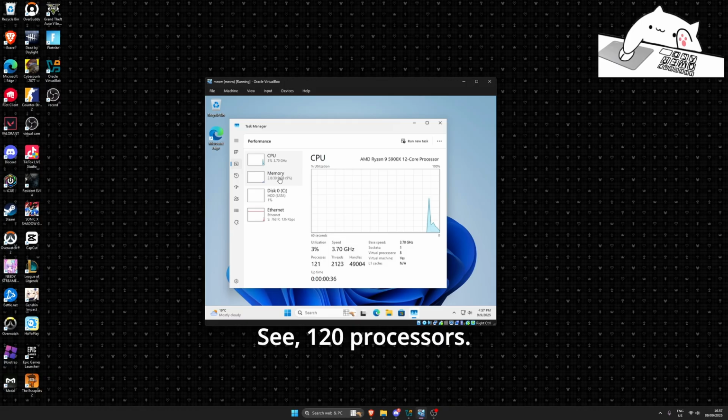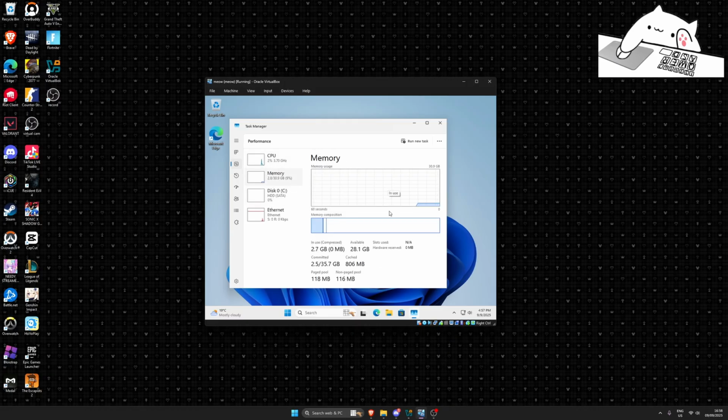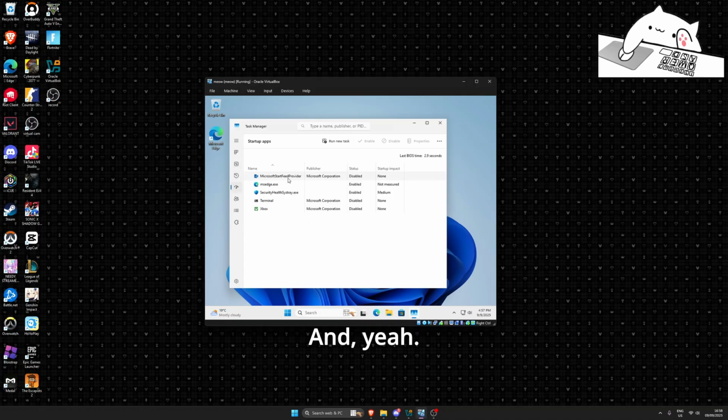See, 120 processes. I mean, it's a clean install. You probably won't get any better than this. We've got low RAM usage and whatnot. And yeah, I probably should disable more stuff on startup, but here's the thing. It's kind of situational. I probably could disable something like MS Edge by default, but